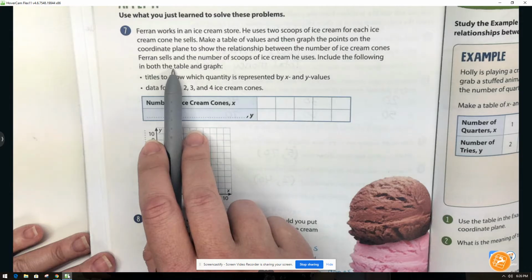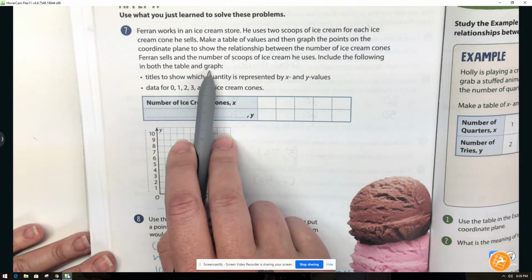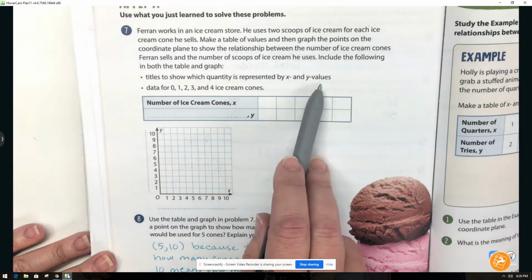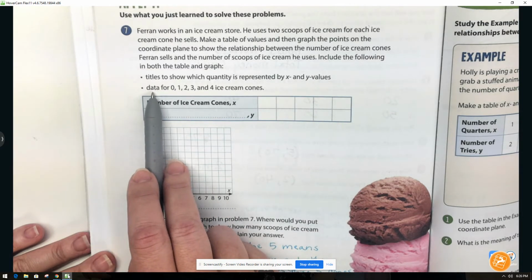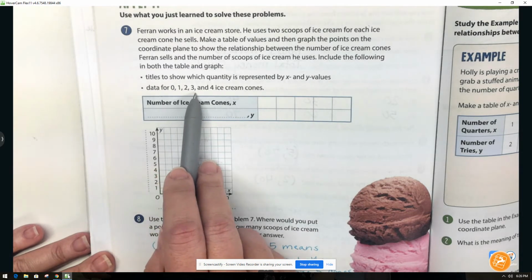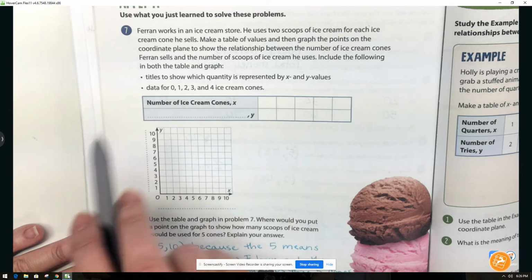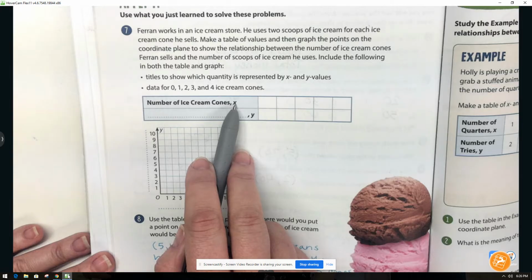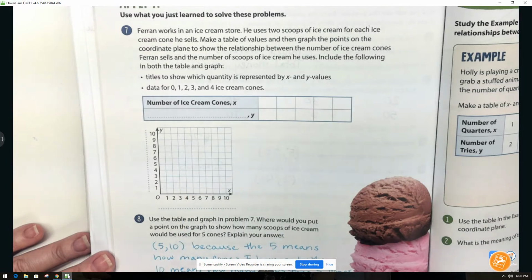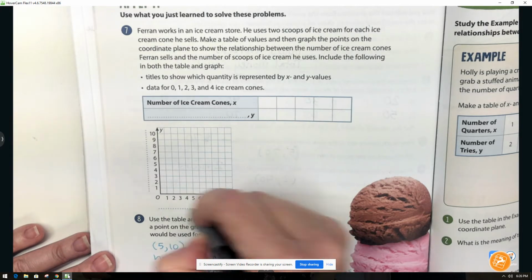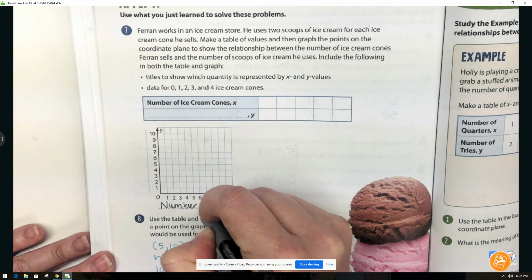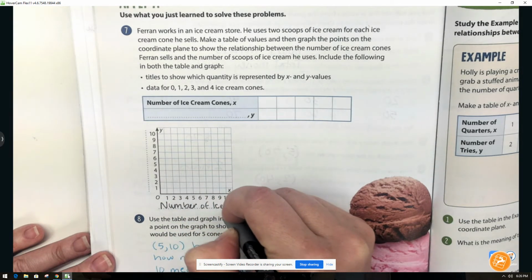Include the following in both table and graph. We need titles to show which quantity is represented by the X and Y values. And then we need data for 0, 1, 2, 3, and 4 ice cream cones. So we know that the number of ice cream cones is going to be our X-axis because they just told us. So on our X-axis, we're going to write number of ice cream